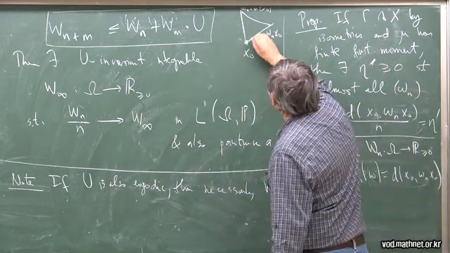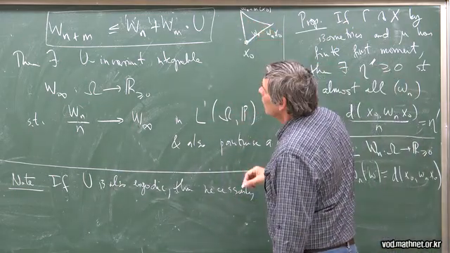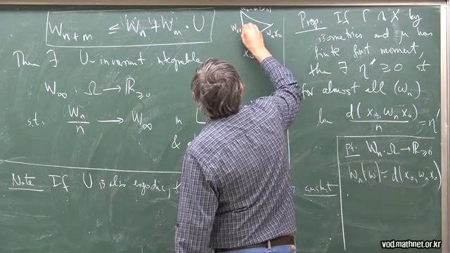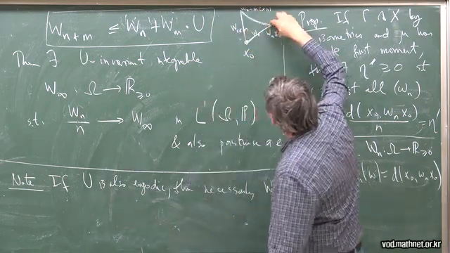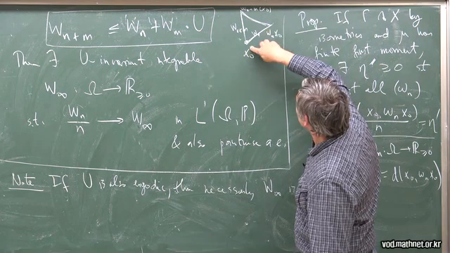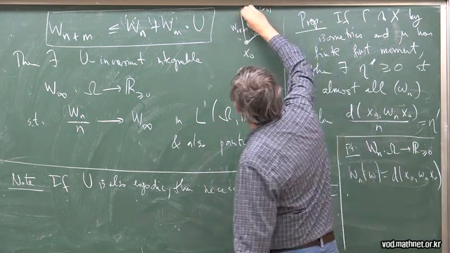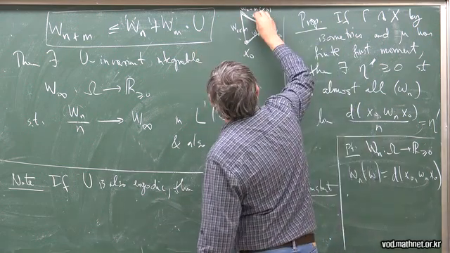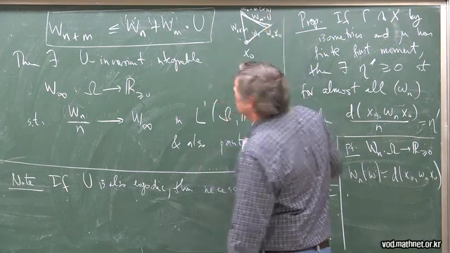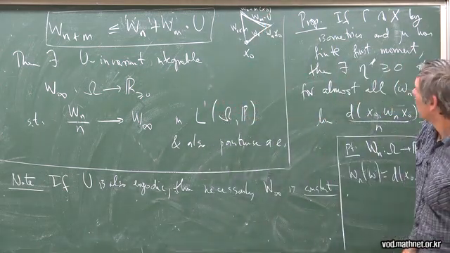This is my function Wn. This is my function Wn plus m, and this is after shifting. I have to shift this to put it back to x0. But this distance is equal to Wm composed with u,